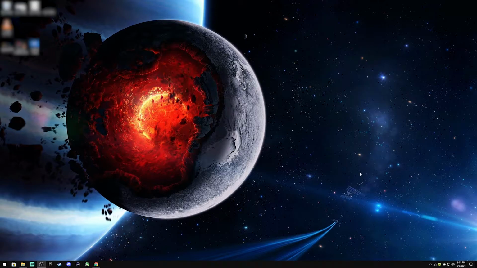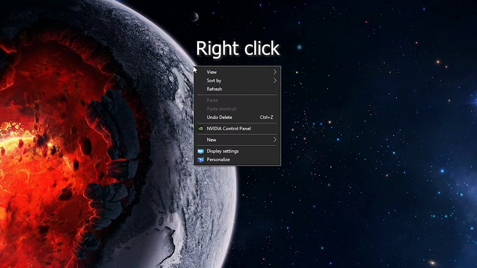Anyways, this is for those who probably got a new monitor or monitors, and you can't figure out why you're not getting whatever refresh rate your monitor is supporting, whatever that may be, 120 or 144, 165, 240, and so on. Easiest way to do it is really just right click on your desktop, display